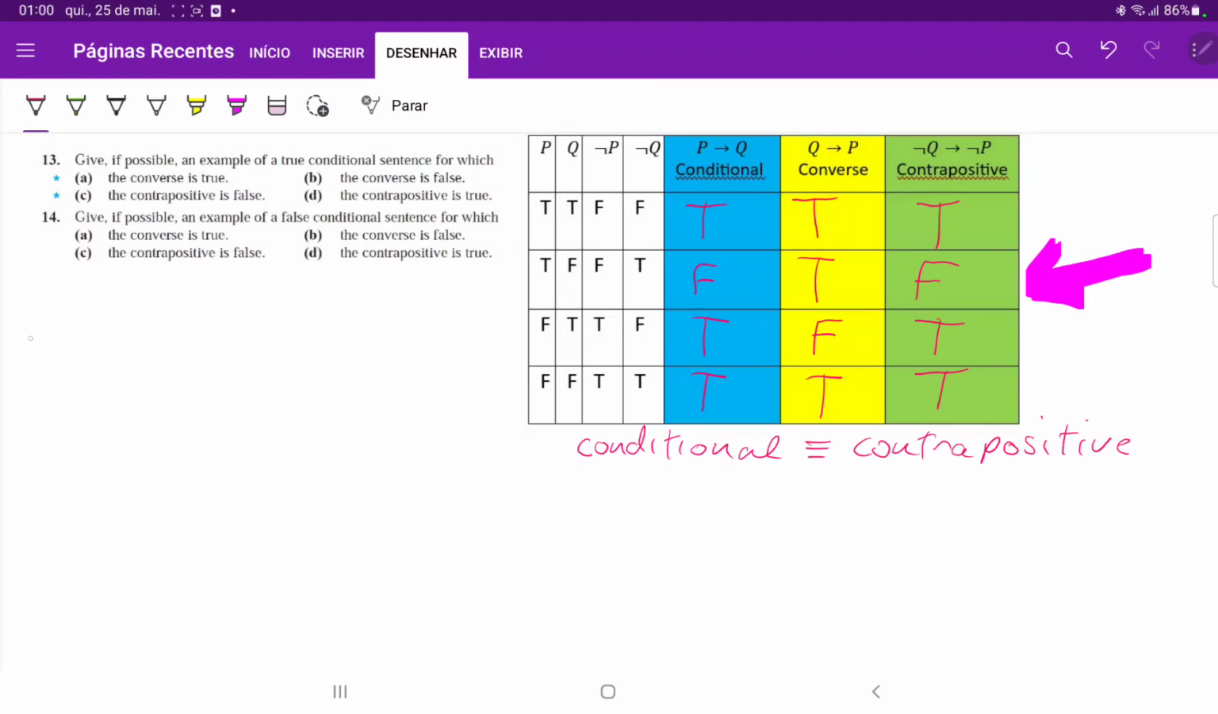So for A, we want one where the converse is true. Well, if the conditional is false in the only scenario, then the converse is always also going to be true, right? As we can see in this row. And it's the scenario where P is true and Q is false. So let's set this up. We have to say that P is true and Q is false. So if